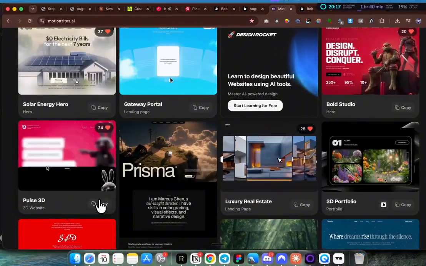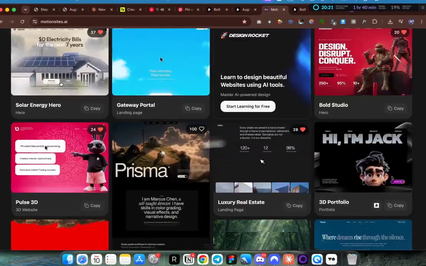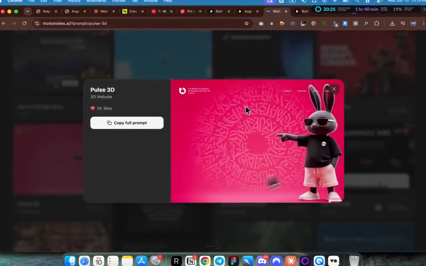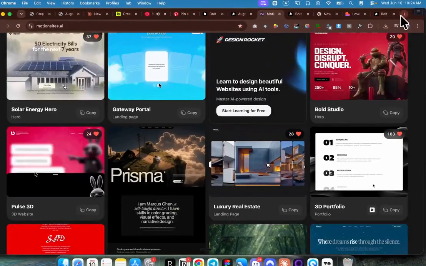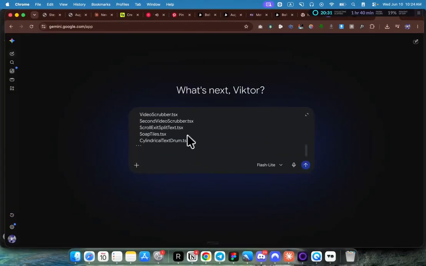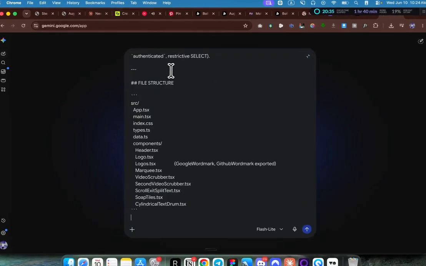Not necessarily the video, because we're going to be doing that. I like this text reveal effect that this hero section has. As you can see, once I open this and scroll down, the text goes down. That's pretty cool, but we need to strip it of a lot of stuff. I'm going to paste this whole prompt here, and I'm going to say,